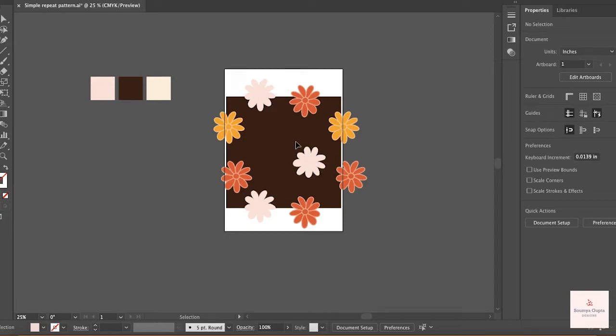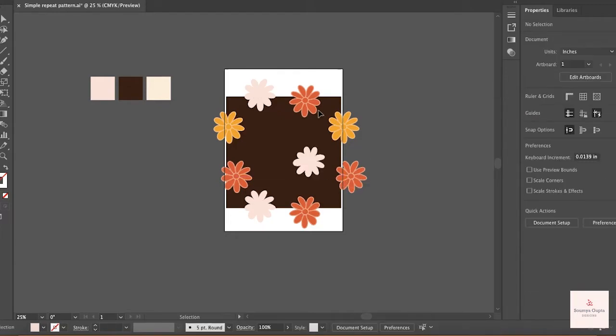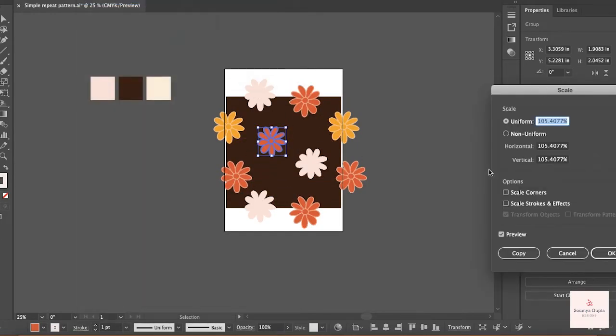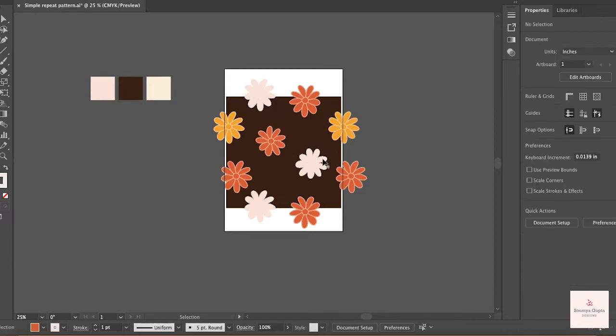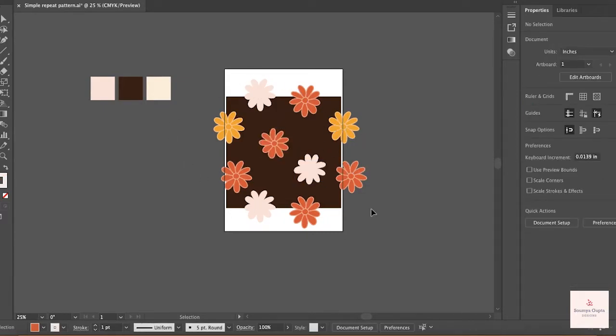Also, you can change the size of your motifs a little bit so that they appear a little different from one another. You can also use these handles to rotate your motif. Once you are happy with the overall appearance of your pattern,